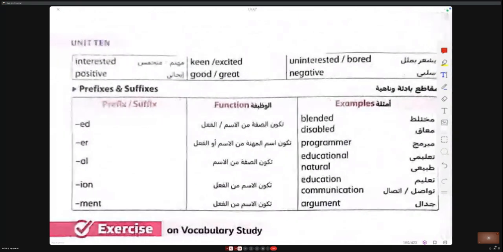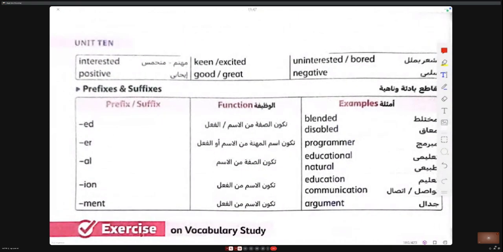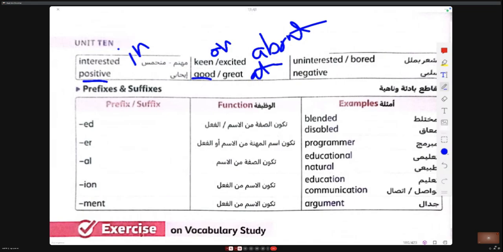Interested in, positive. Interested means keen on, interested in, excited about. Uninterested in, bored with. Positive, good, good at, or great at. Negative.